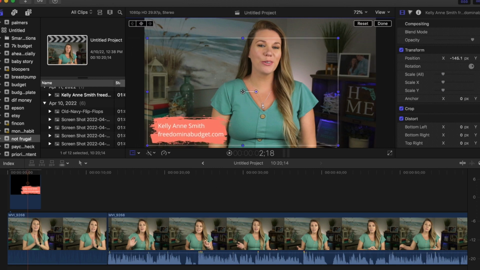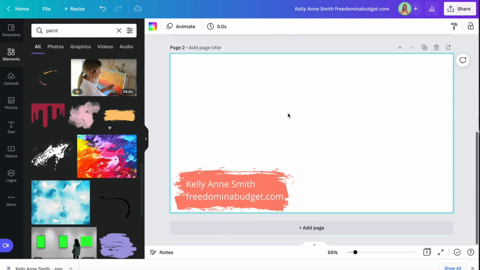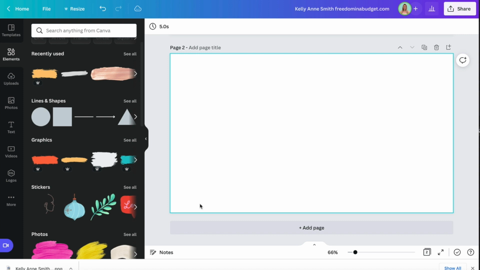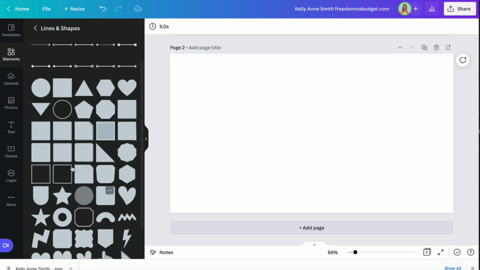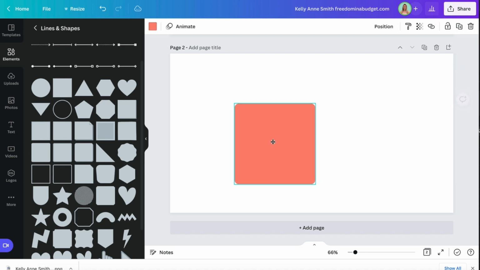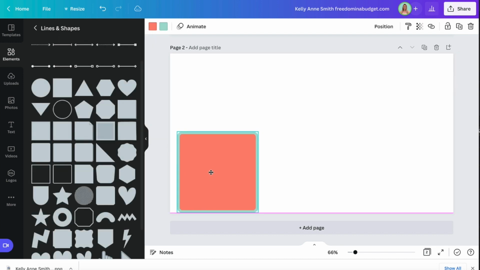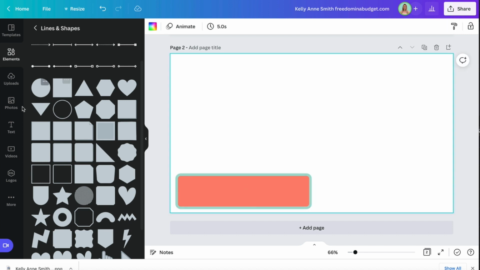So we could also do just something like a plain, let me add a thing. Let's just do a shape here. So let's take this off. Let's go to lines and shapes. Let's see, I like this kind of curved one a little bit, or actually, let's do this one. This one's fun. Whoop. So this one has two different images or two different colors here. So this one, we'll do that, and then we'll go